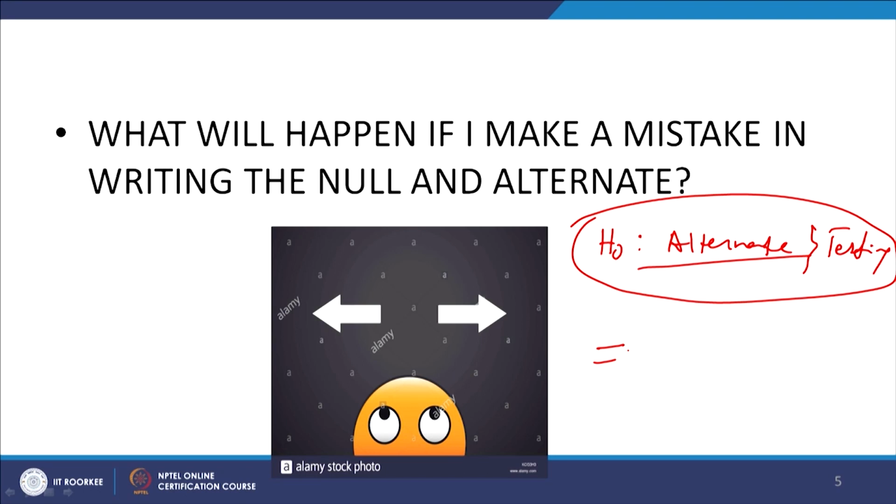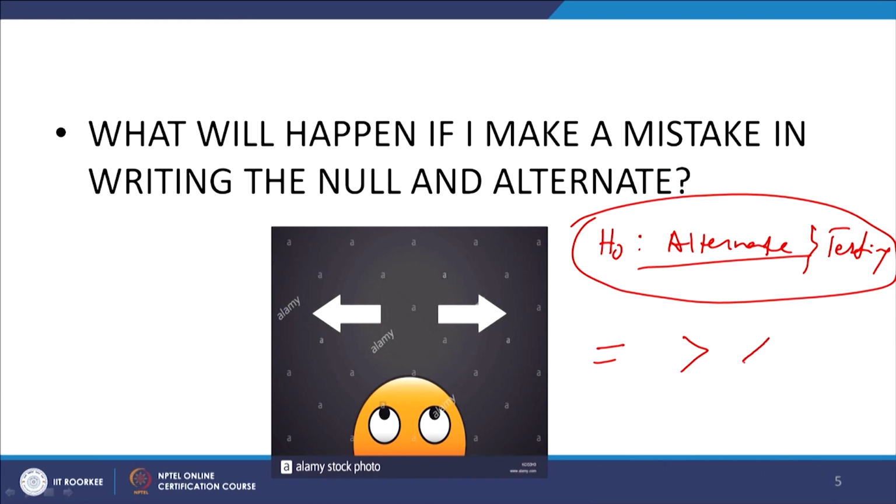So, to do that also I had said one thing. Since most of the time the null hypothesis is an equal to case, no change, so A is equal to B condition. There can be another statistical condition which can be greater than or less than. The easier way to develop a hypothesis is to see what exactly you want to check, or what you want to disprove, because the intention is to disprove the null hypothesis.